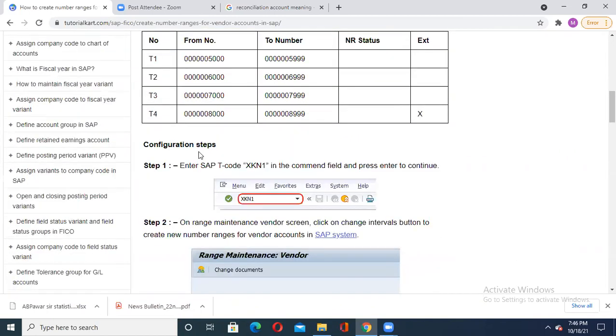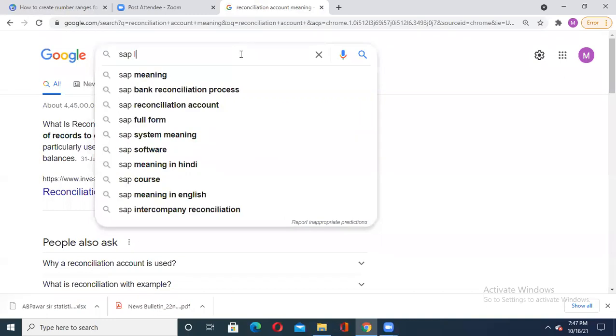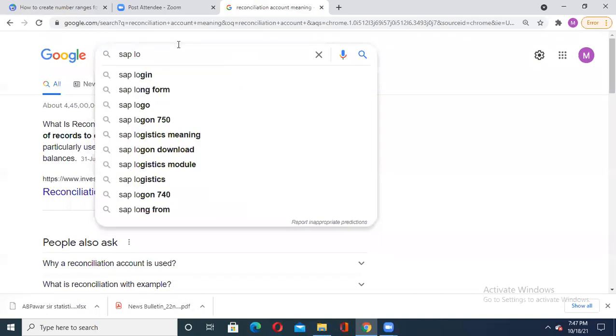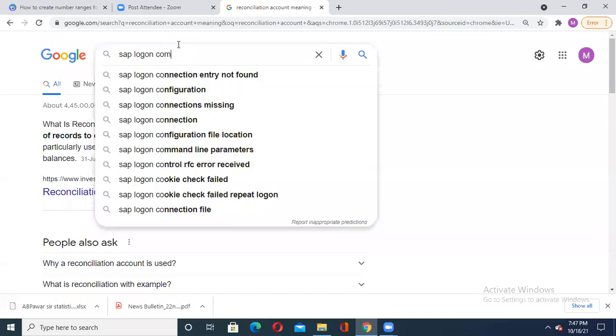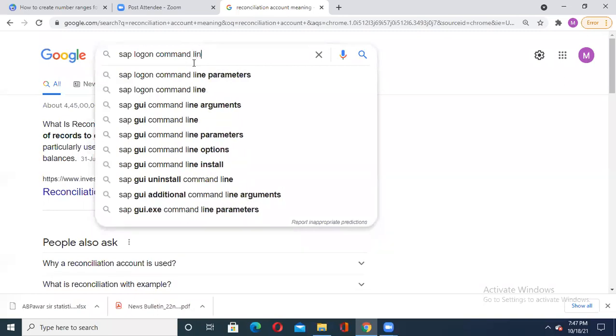Now see, that's why if you observe carefully, I'm always showing the first step here. As per this tutorial also, you remember it is your configuration step on your SAP logon. Now you may have the question, sir, where exactly is the command field in my SAP logon? See, I'll just show you here. Just a minute. I just want to show you the command line parameter, or I can show you the command line field.